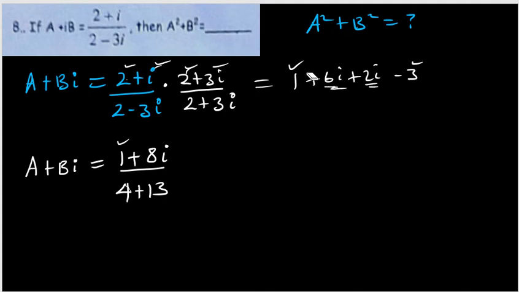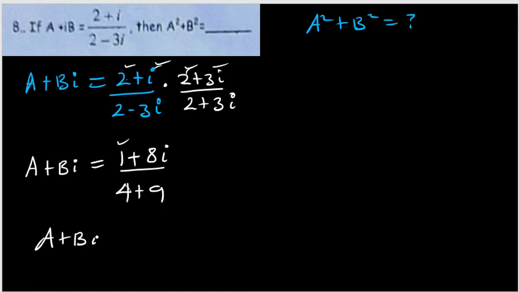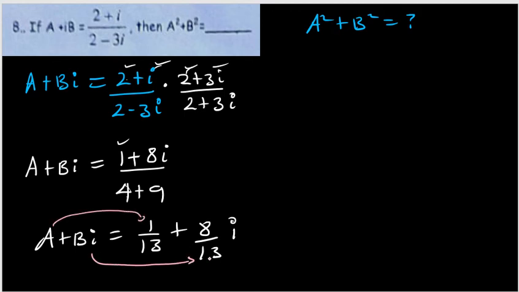Done, the upper part. The lower part: when you multiply a complex number with its conjugate, it will be the sum of the squares of each. So 2 square will be 4 and 3 square will be 9. When you add these two, it's going to be 13. So a plus bi is equal to 1 over 13 plus 8 over 13 i. I can give the denominator for each. This time it will be simple to match real with real and imaginary with imaginary,